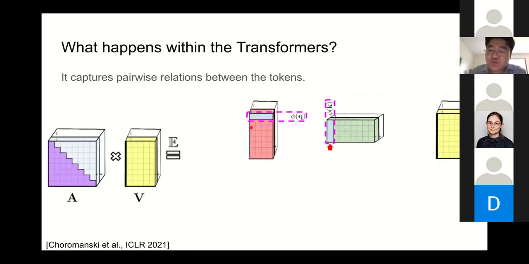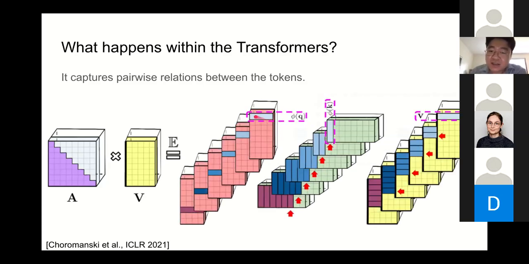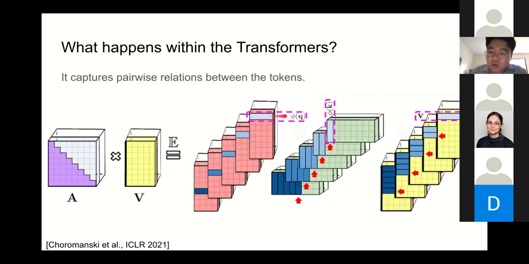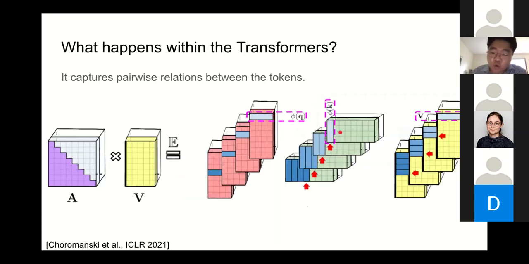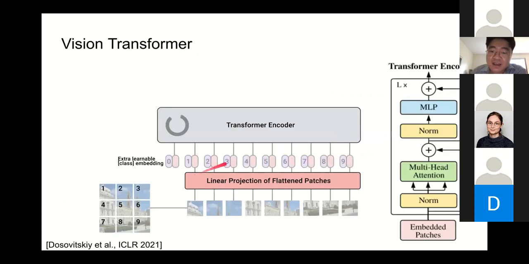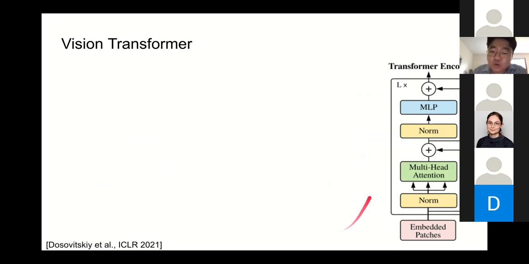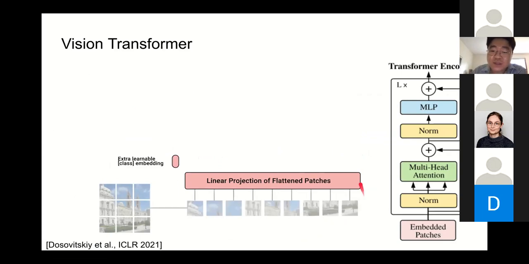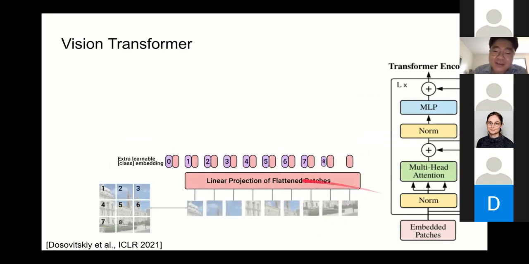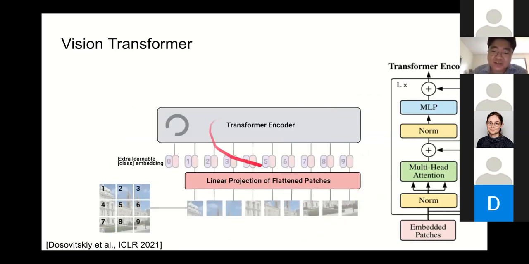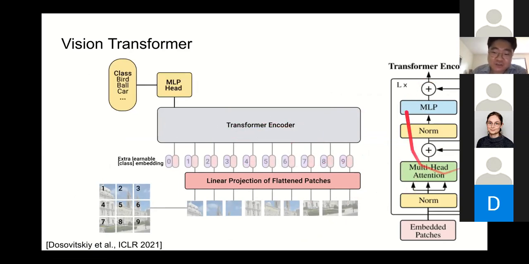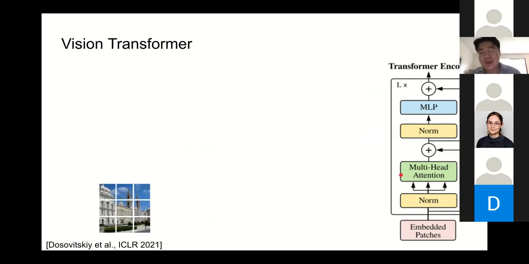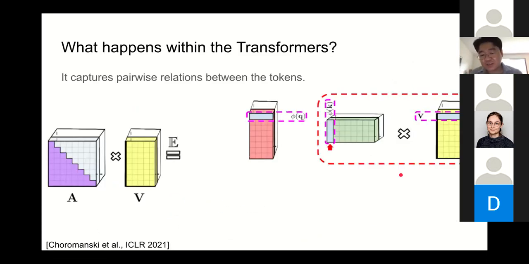So with the transformer, what we are trying to capture is the relationship between a particular token and another token, for all possible pairings. If I go back to this example, they have 9 patches, 9 tokens like this, and within the transformer, they want to capture the pairwise relationship between all possible pairings, which actually looks like this, called multi-head self-attention. And that's how they capture global spatial information.